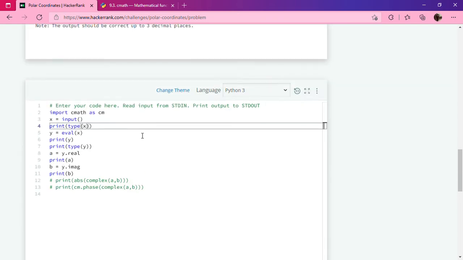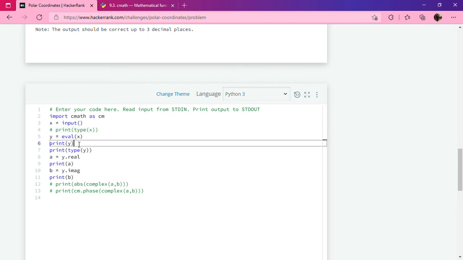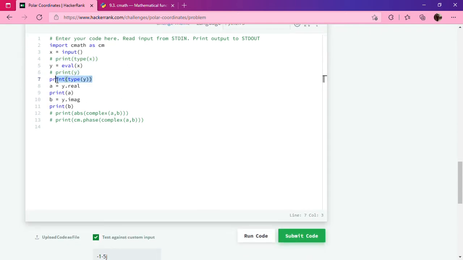The eval function does it for us, so let's comment this, then comment this, then comment this. In the cmath module, for any complex number we can access the real part and imaginary part. So y is the complex number available here.